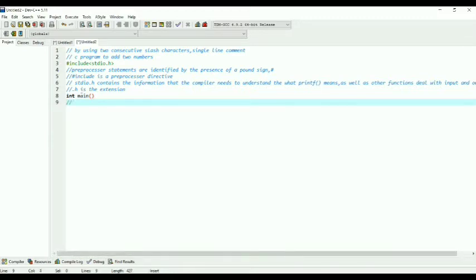I am writing here for you guys: the main function is of type int, and therefore should return an integer value.